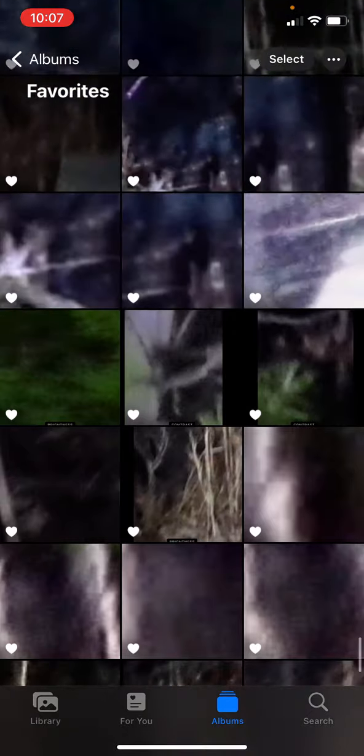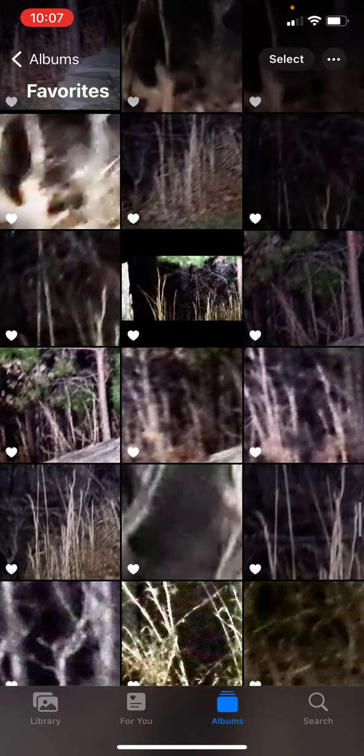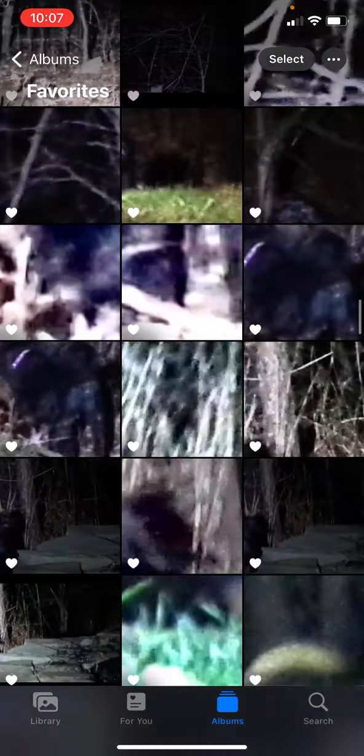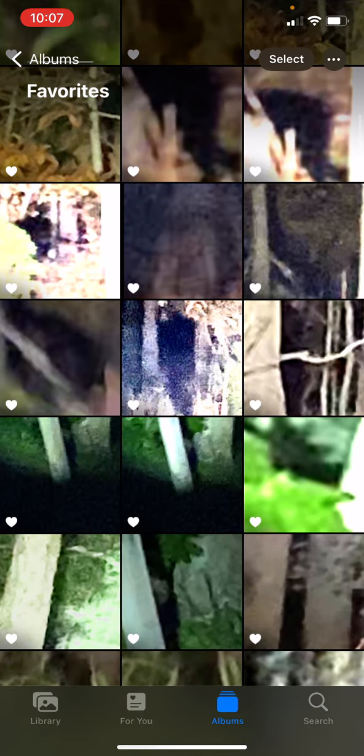Okay, this image was taken about a year and a half ago. I'm just now getting around to it. This first image I'm going to show you, nevertheless, it's pretty good footage. Okay, this footage is going to show you an example of a Darrow Sasquatch,